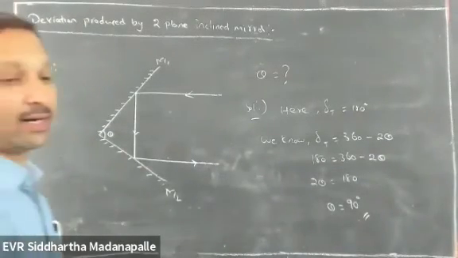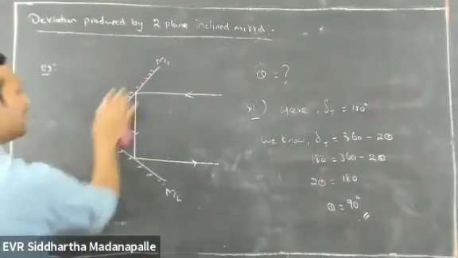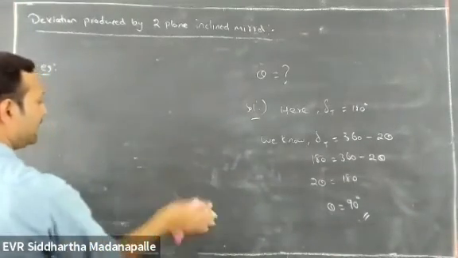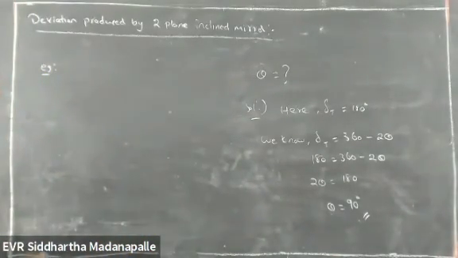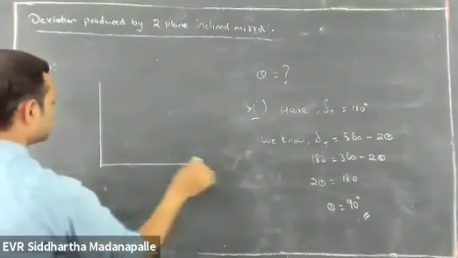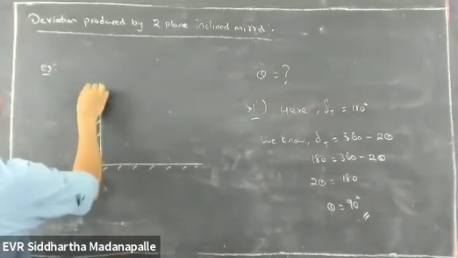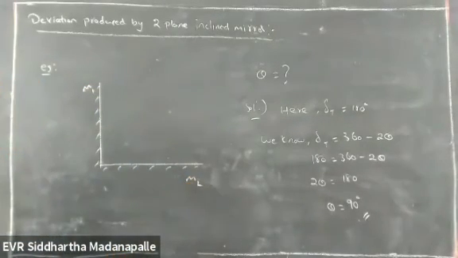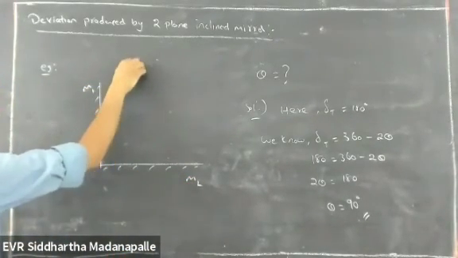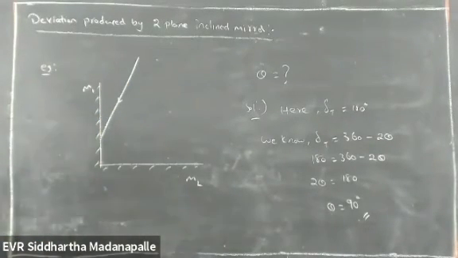And remember here, it does not depend upon the angle of incidence. The diagram need not be taken exactly like this; you can take it any way. Now this same question can be asked in another way. Suppose these are the two plane mirrors, M1 and M2. A ray is incident like this. Then they ask what the emergent ray will be after reflection.